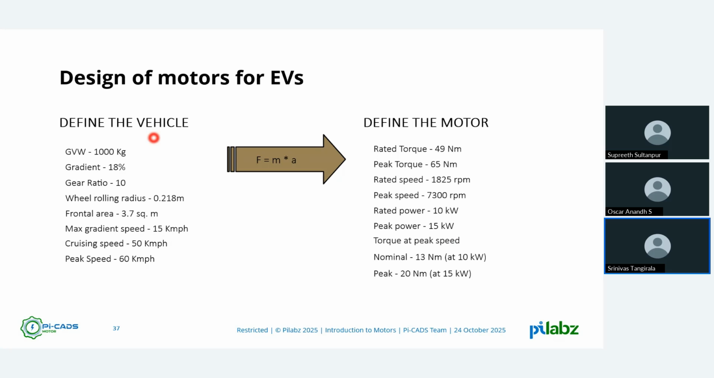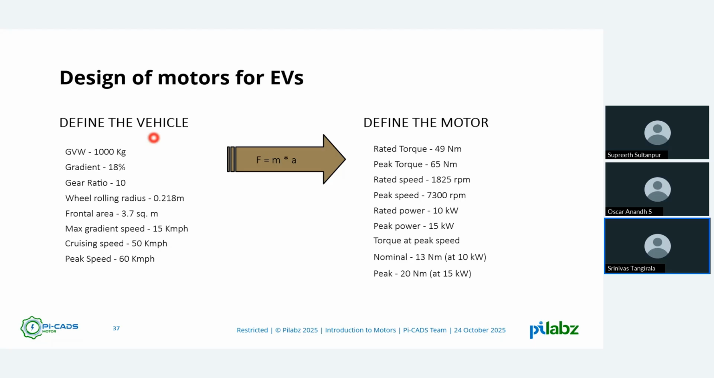How? Like I said, the basic physics is what I showed you earlier, but the details of these calculations are all embedded in our PiCADS MotorCAD application, which you will get to see a few days from now. So we'll give you access to that. Then you will see defining the vehicle, and you will get the motor specification. It does all these calculations behind the scenes, and it'll give you the rated torque, peak torque, rated speed of 1825